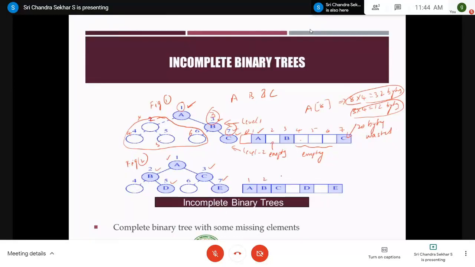This is 1, this is 2, 3, 4, 5, 6 and 7. This is empty and this is empty. So if it is not a complete binary tree, we have wastage of memory. So this is the primary disadvantage of representing binary trees using arrays, right?